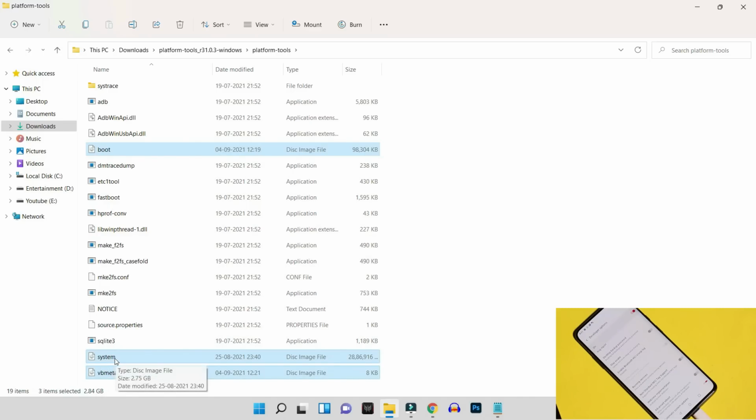So Android 12 system image, you can extract it from the Android 12 GSI, which is linked in the description below. This boot image and VB meta image, you need to extract it from the current version of Oxygen OS which you are running on your device. For example, I'm running Oxygen OS 11.0.3.1. So I have extracted these two files from Oxygen OS